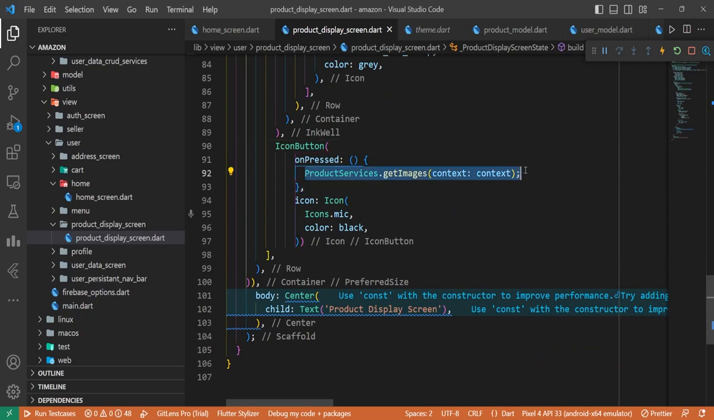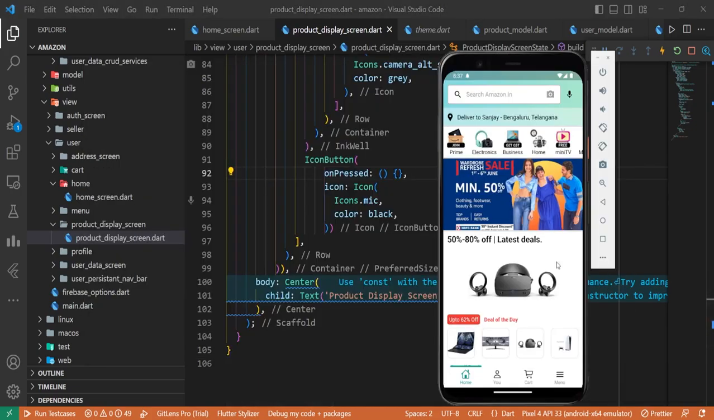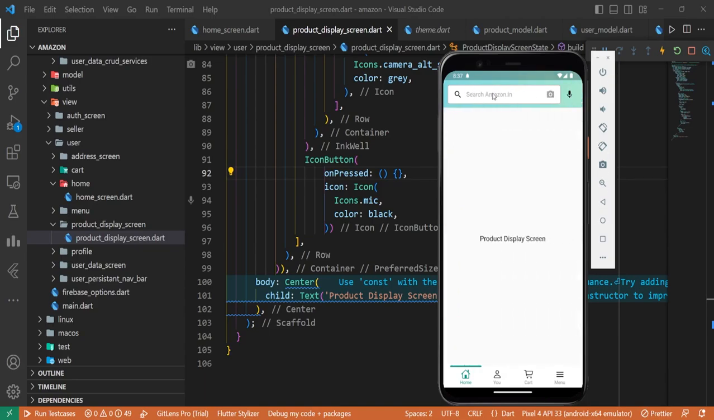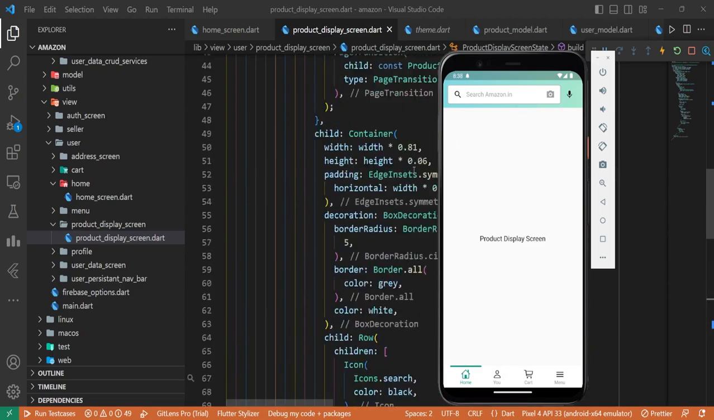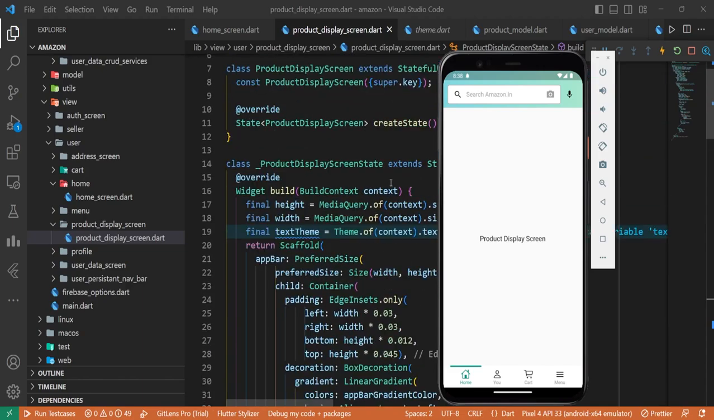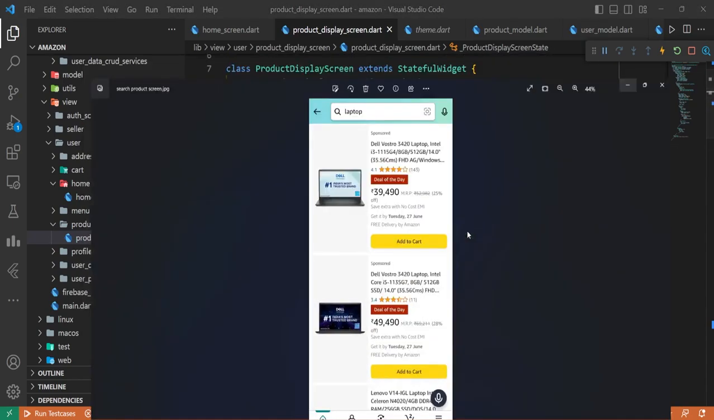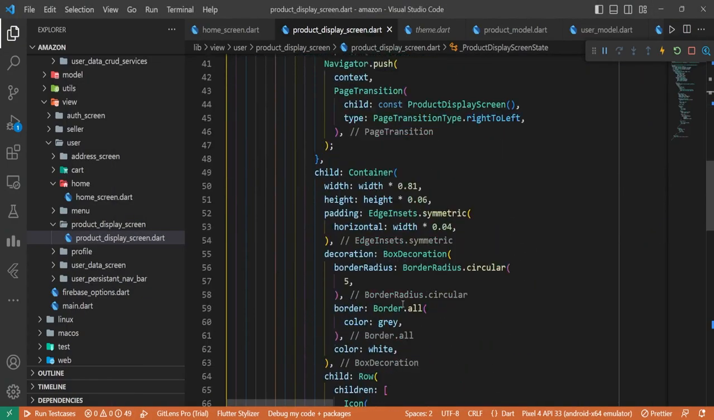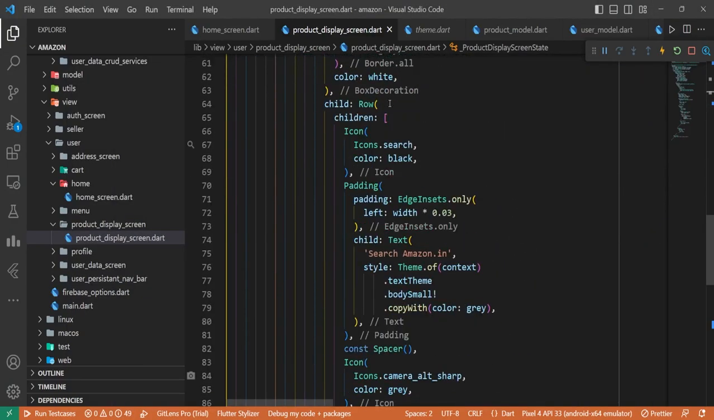So we don't need this code. Okay, let's save it. And the moment we tap here, yeah, okay, we are good to go. So if you see, you will find that there is another thing here, that is this small back button. So we don't need to add a back button here. So we'll come here